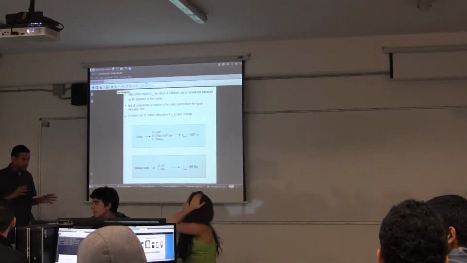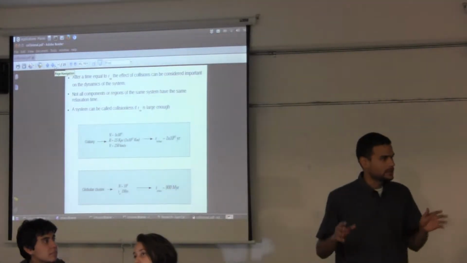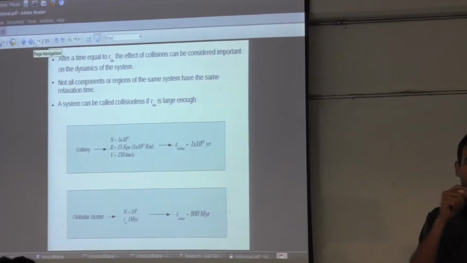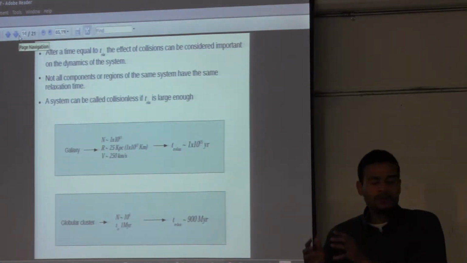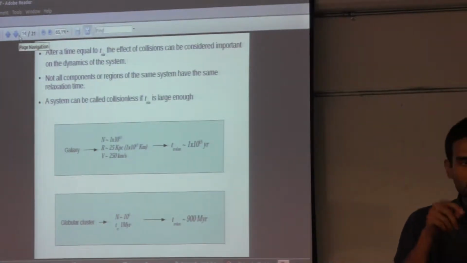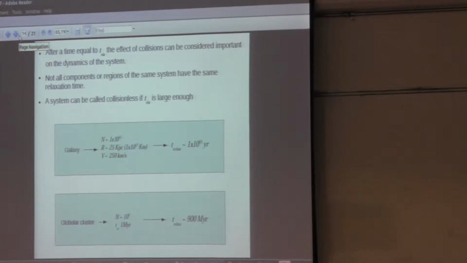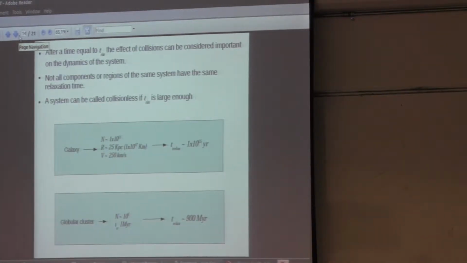We were talking then about the different dynamical behavior of the systems composed by many bodies. So if you have a system with many bodies, it depends on the way the particles interact. If the individual collision or individual dispersion between particles modifies the dynamics of each particle, we will call this system a collisional system. That means the dynamics of the particles is completely dominated by the individual collision between particles. Or if that is not the case, we call the system collisionless. And then we were speaking about a couple of examples. For example, we were speaking about the galaxy,